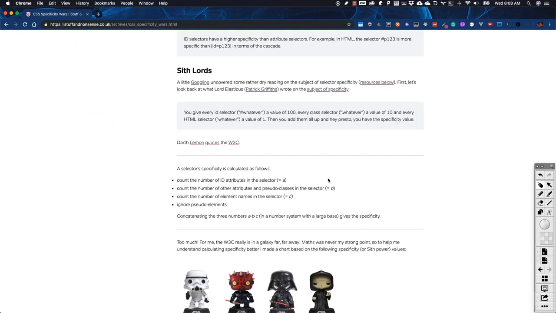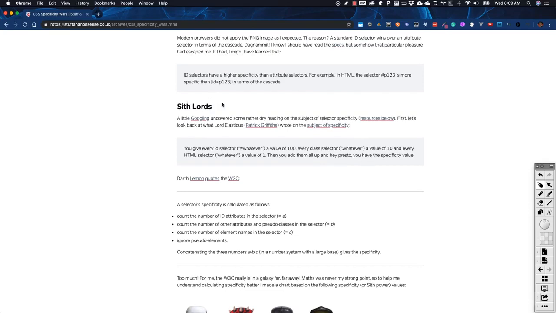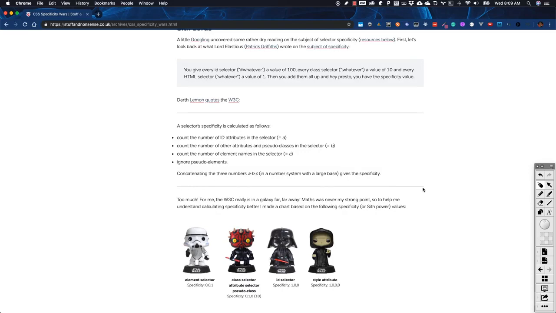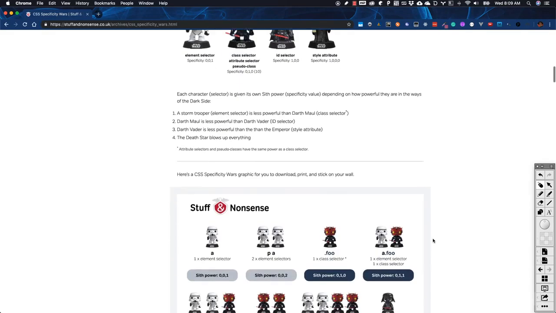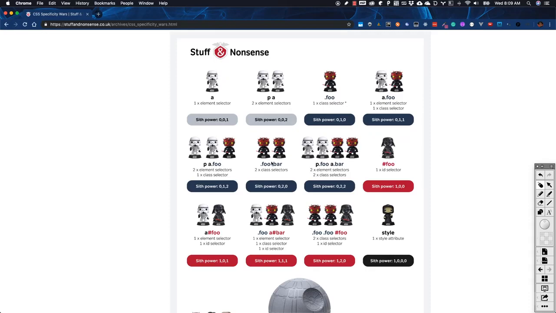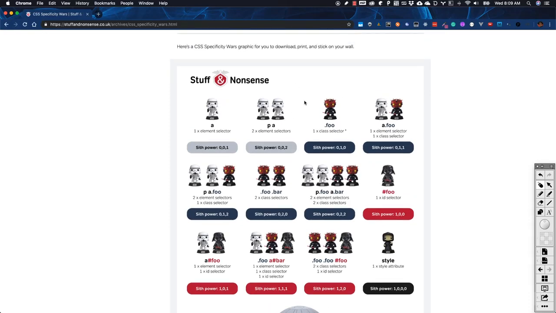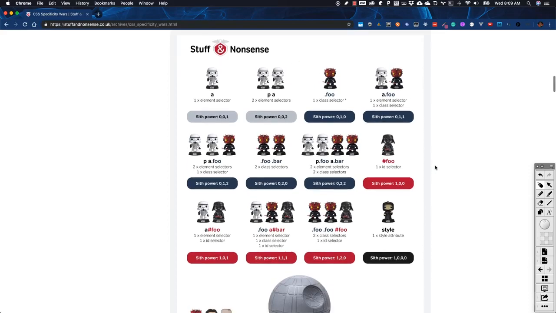The cool part about this blog post is that he uses a Star Wars analogy regarding Sith Lords and dark powers and how they can take over the CSS styles that we have and create bugs because we don't understand how specificity works. The really cool part is he has this nice little PDF cheat sheet that you can download and post on your wall next to your computer where you're developing, or keep it inside of your references folder in your dev folder on your computer,